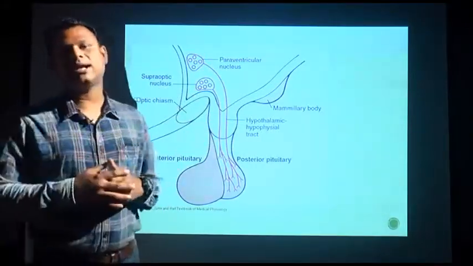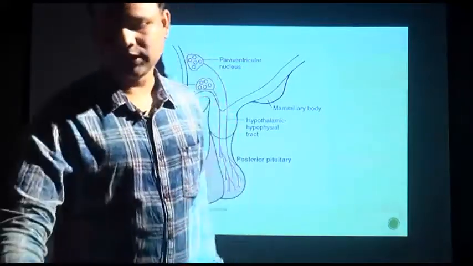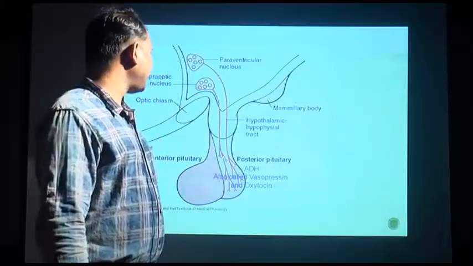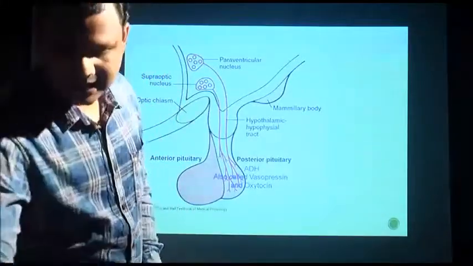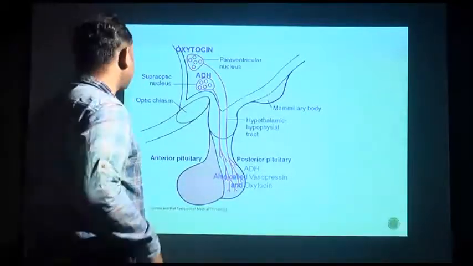These nuclei are located in the hypothalamus and they secrete 2 hormones primarily, that is ADH and oxytocin, antidiuretic hormone and